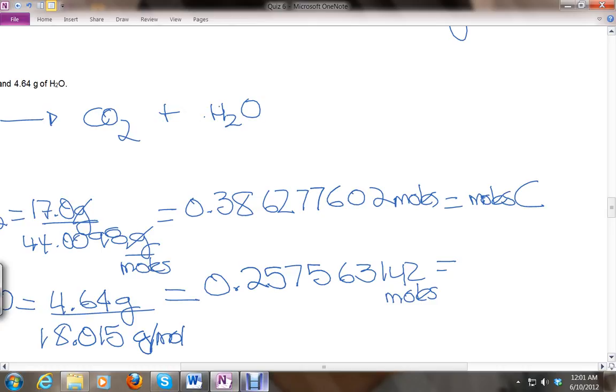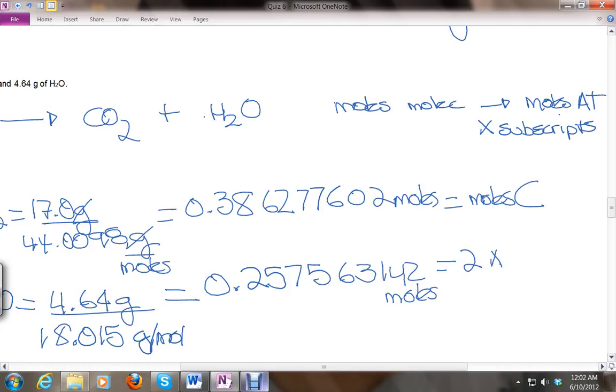You have to multiply the moles of molecules of water by 2, because it's moles of molecules to moles of atoms, and you multiply by the subscript. Now it's going to be twice this number,